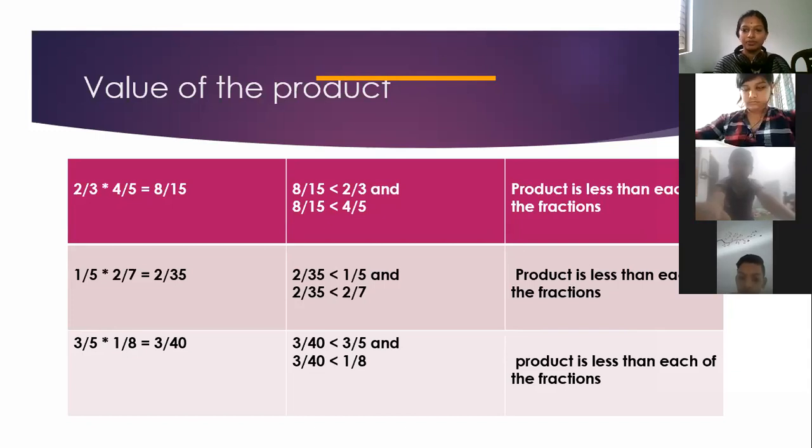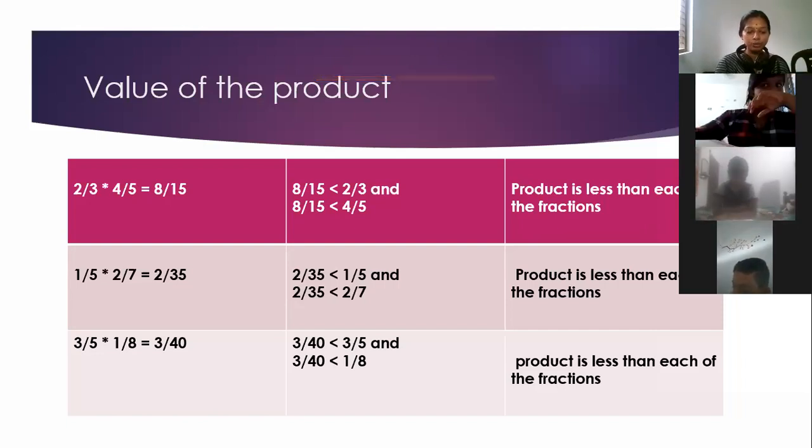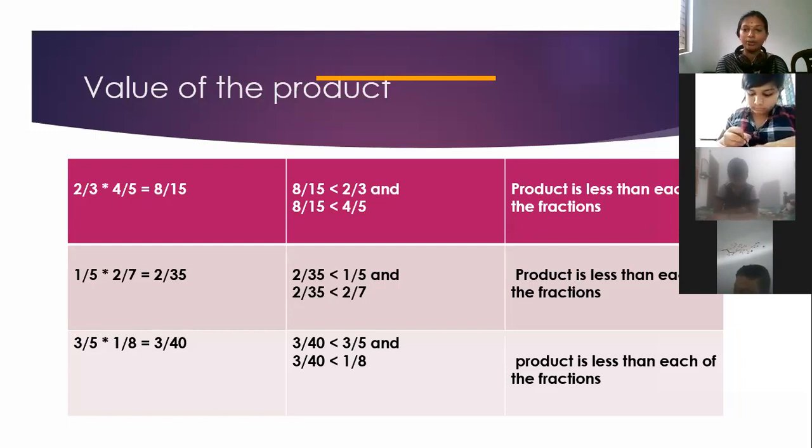Miss, I finished it. Okay. Then I think you are all familiar with filling these blanks. And there is one more question given in your textbook that I have not written here. That is 2 by dash into 4 by 9 is equal to 8 by 45. The last row. Then what number will you fill in that blank denominator?